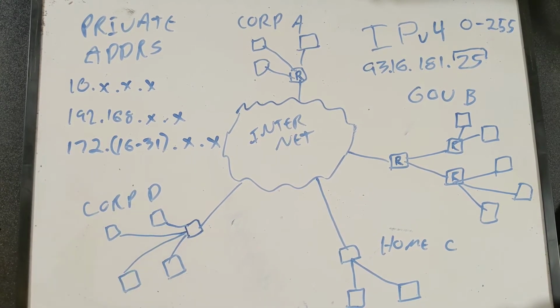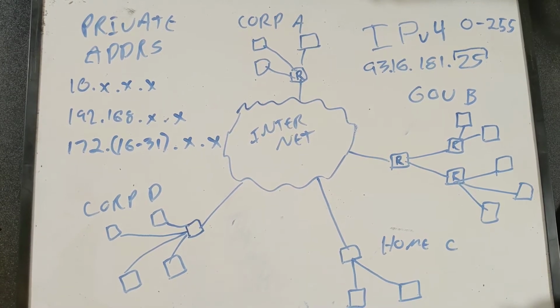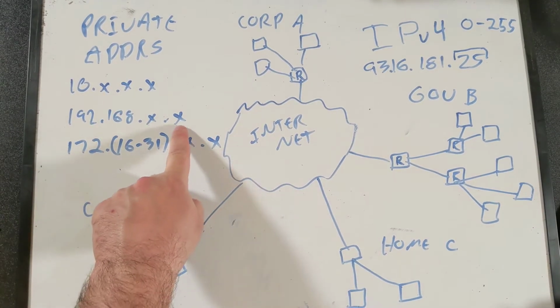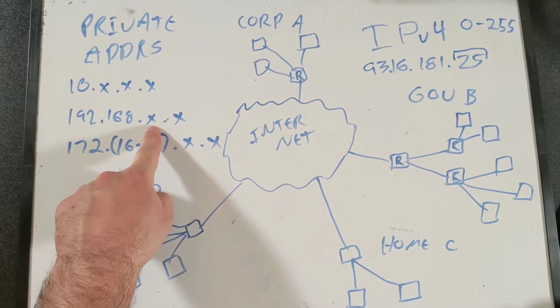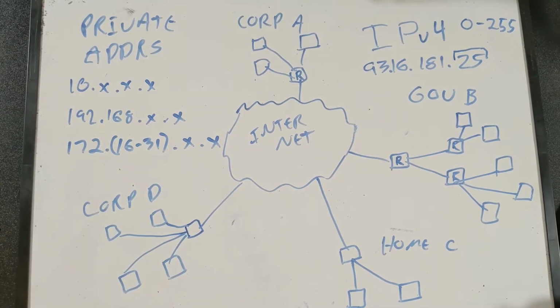Now, the point of private addresses is that any network administrator can just use addresses in these ranges for their private network without worrying about whether other people elsewhere in the world are also using those addresses. If you say that your network is going to use the 192.168 addresses, then you have space for 256 times 256, which is about 64,000 computers on your local network that can communicate with each other with those addresses without worrying about the rest of the world. If you do that, you've built a private network.